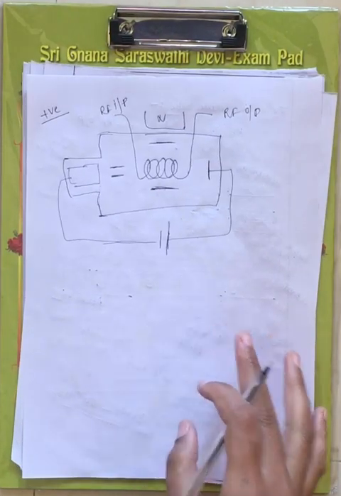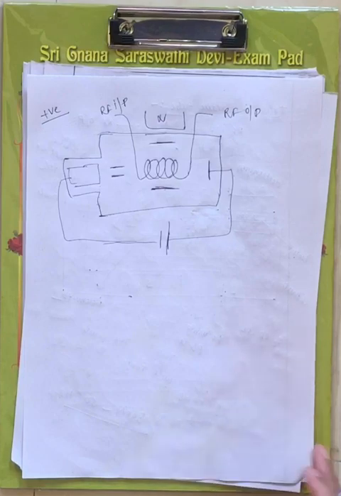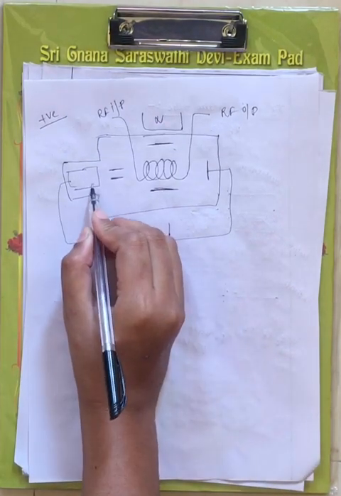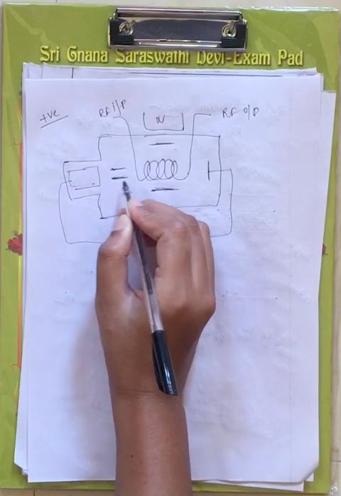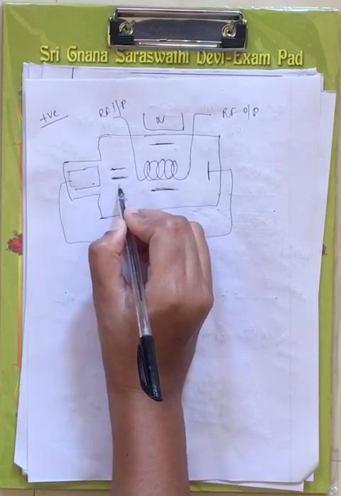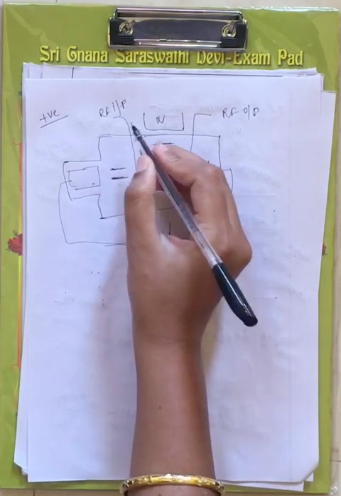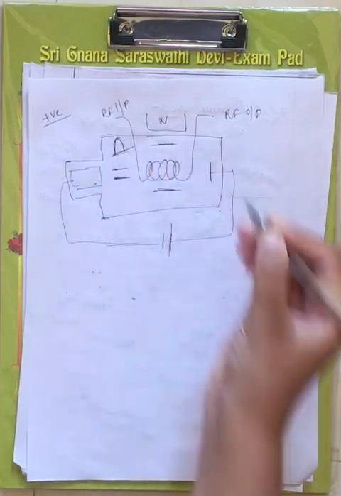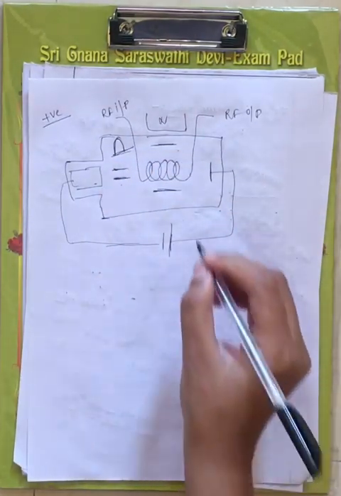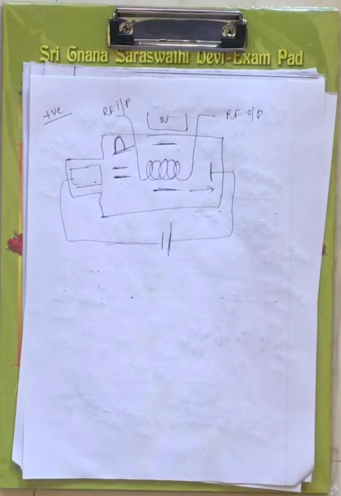Now what happens for the positive half cycle, right? Let us see. The electron gun will generate a beam of electrons. This beam is focused as a sharp beam by this focusing plate, right? Whatever signal you want to amplify is given through this RF input. Consider only the positive half cycle, right? The direction of the electrons will be in this direction. They will travel towards the anode, right?